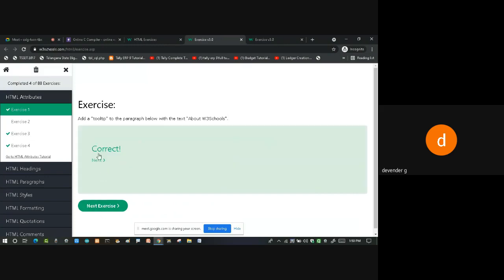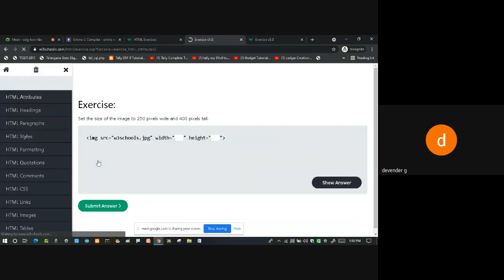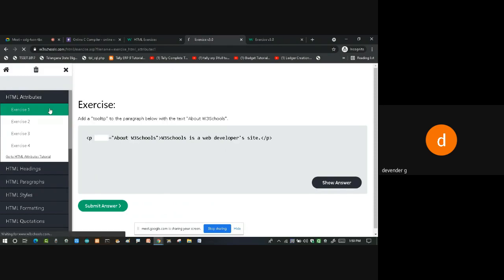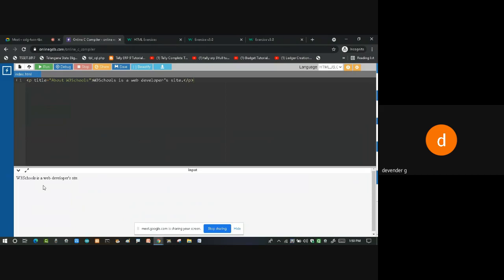So the answer is correct. We call that title, whatever we have written, a tooltip. Here also we can see whenever I'm going on this, I got the message. The balloon-like thing that appears on the screen, we call it a tooltip. So in order to get a tooltip for the message, we use something called title. If you say the title attribute, then that is used for a tooltip.